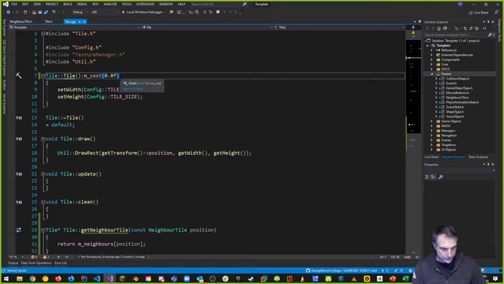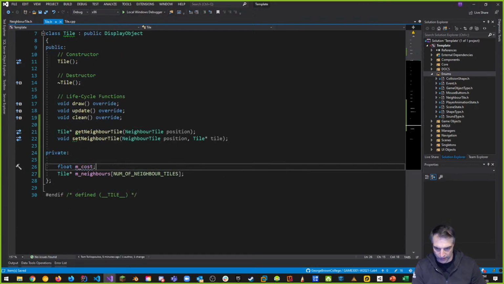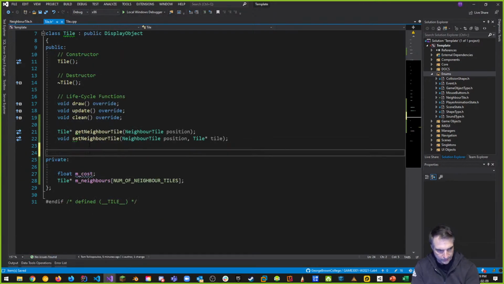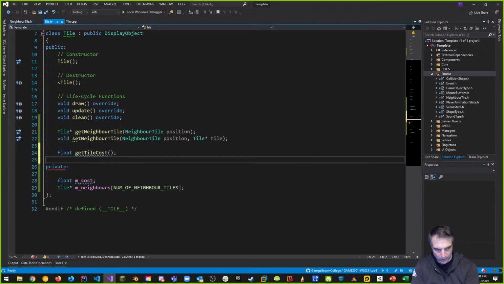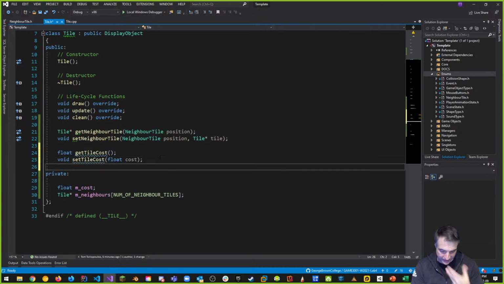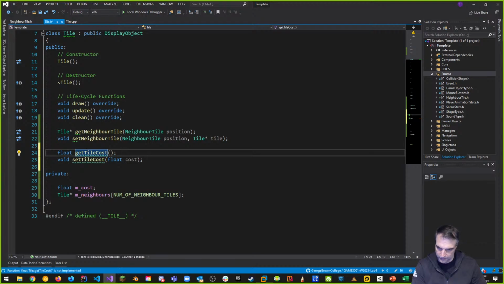And I want to be able to set the tile cost and get the tile cost, because I need to set up getters and setters again. So let's do that again. We'll say that we want a float get tile cost, if I want to read it. There we go. I want to get the tile cost and I want to set the tile cost, which is a void set tile cost, taking a floating point cost that we want to set. I'm just setting these up so that we have a mechanism for getting and setting the tile cost that's outside of this